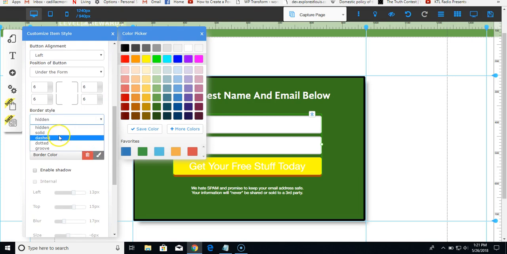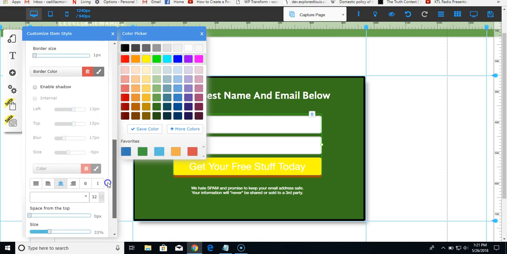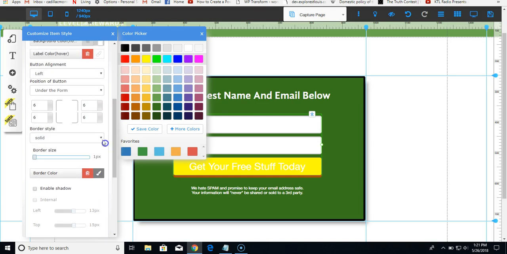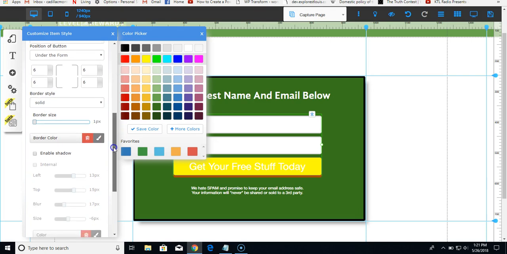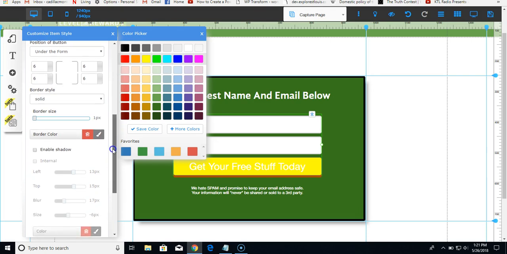So we want the border style. We want to sell it. Bang. Okay, go to borders. And I actually don't like this, but that's what I chose. And plus, this is just demonstration anyway. So with that being said,